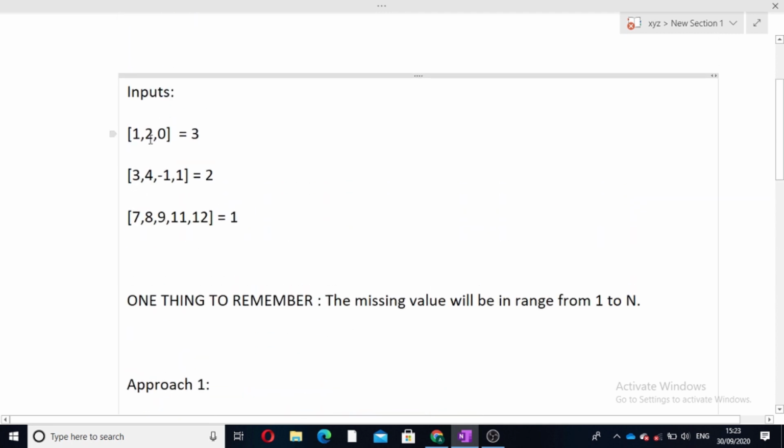See, in this case 0, 1, 2, we will be traversing the array from 1 to 3, because 3 is the size of the array. We will check whether 1 is present, 1 is present, 2 is present, 2 is also present, and we will check 3 is not present here, so it will be our answer. Suppose this was the case, 1, 2, 3, 4. We have put all the numbers in the hash map. Its answer will be 5.